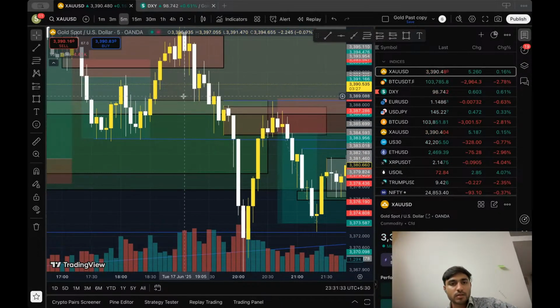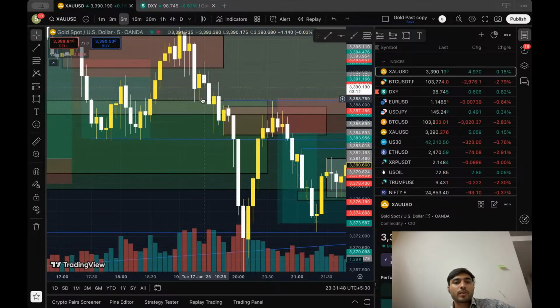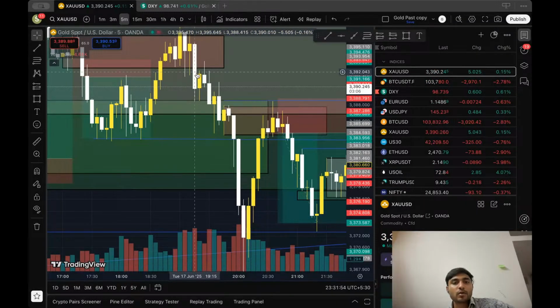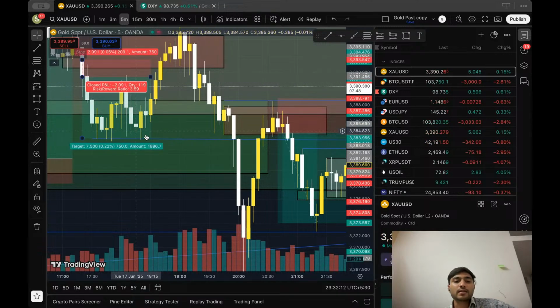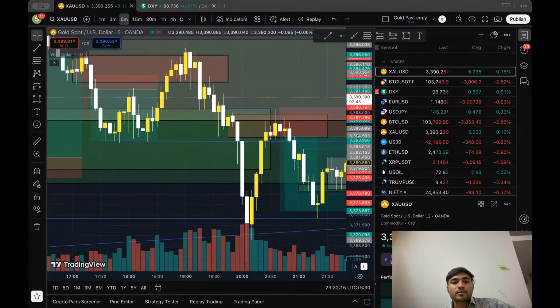What I'm trying to tell you is, whenever these order blocks are forming, there is some intuition in lower time frames that something is going to happen on the other side. See, if some order block is forming, this closed below this level, that means this has become an order block, and it got tested in the next minute. What does this tell you? Even if it doesn't get tested, forming an order block does tell you it has a movement to go downside or go towards these liquidity levels. You're getting my point. This is 5 minute.